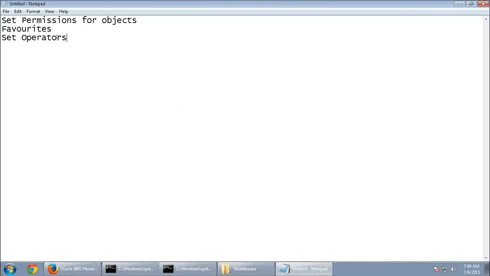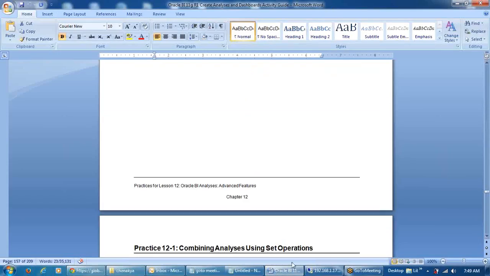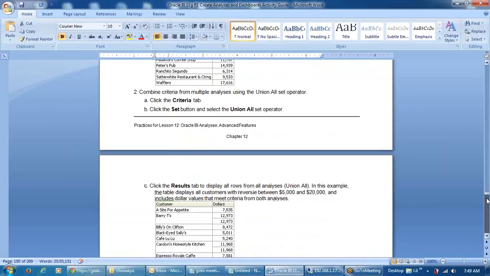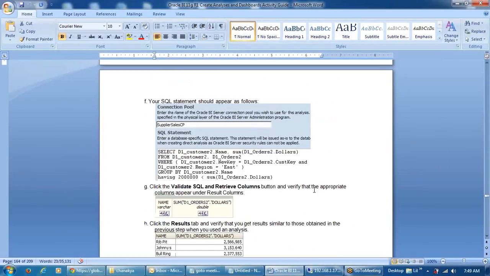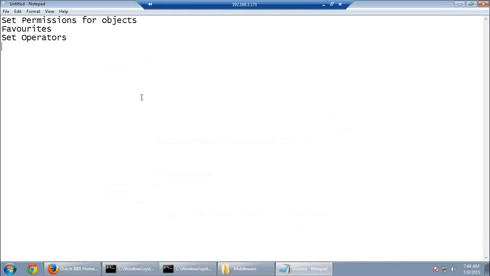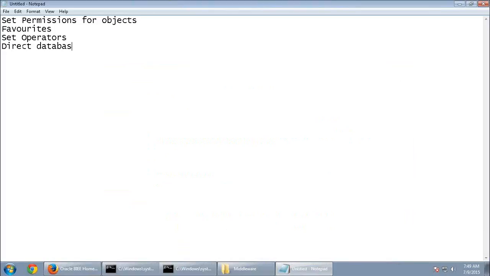Then the next topic today would be set operators, and after that executing a direct database request. These are like basic minor topics.